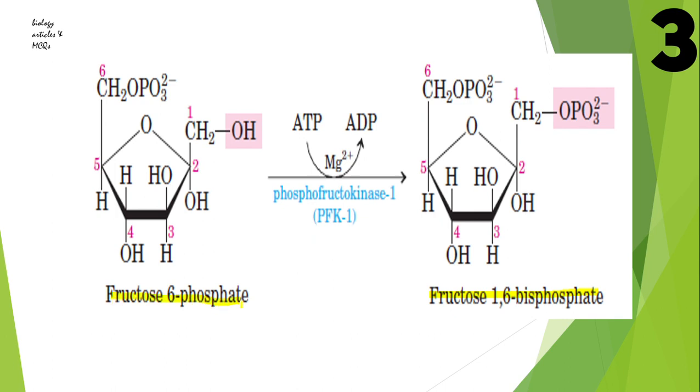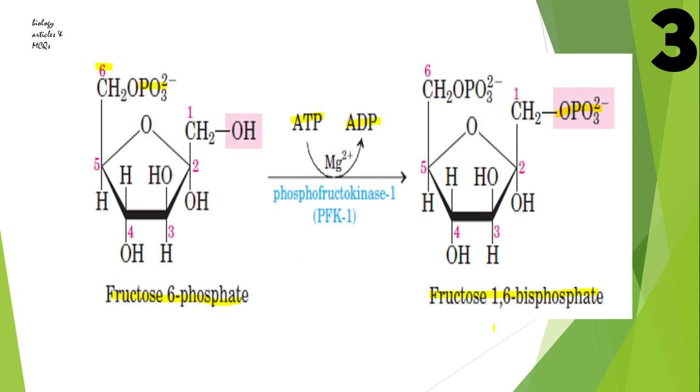Here you can see that fructose 6-phosphate has a phosphate group attaching into its 6 carbon. But now a second ATP is used. The first ATP is used in the first step, and now the second ATP is used. The ATP will convert it into ADP, and the one inorganic phosphate will release, and that one inorganic phosphate will then attach to the carbon number 1 of the fructose 6-phosphate, and now it will become fructose